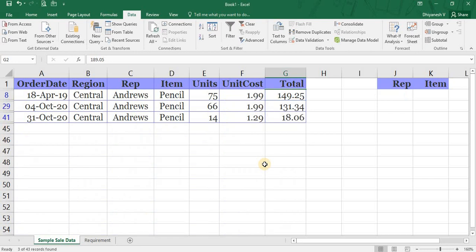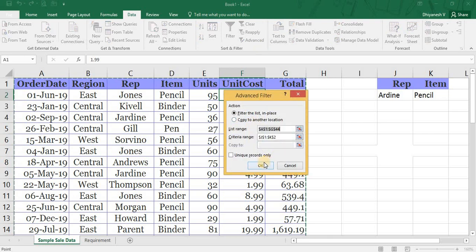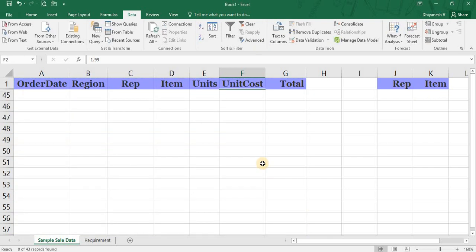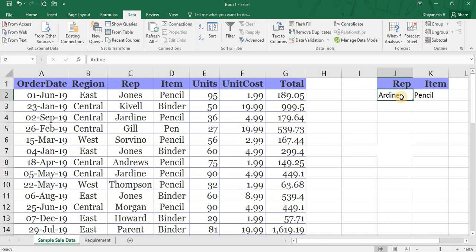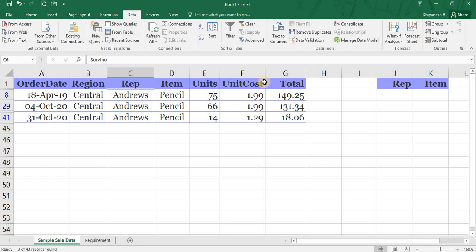But if I use a name like Jordan and I don't know whether it contains a J or not, the data will not come, because there is no representative whose name starts with that. With advanced filter, you can simply use the first characters of the values, and when I use Andrews, it will be filtered. You need not type the whole name.